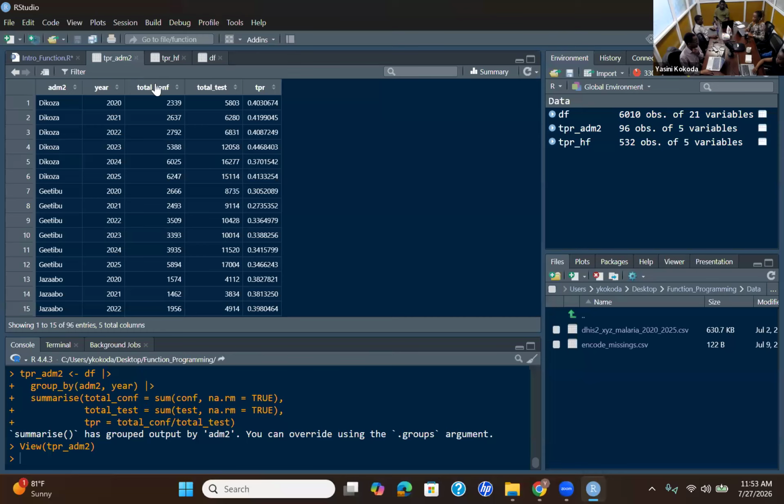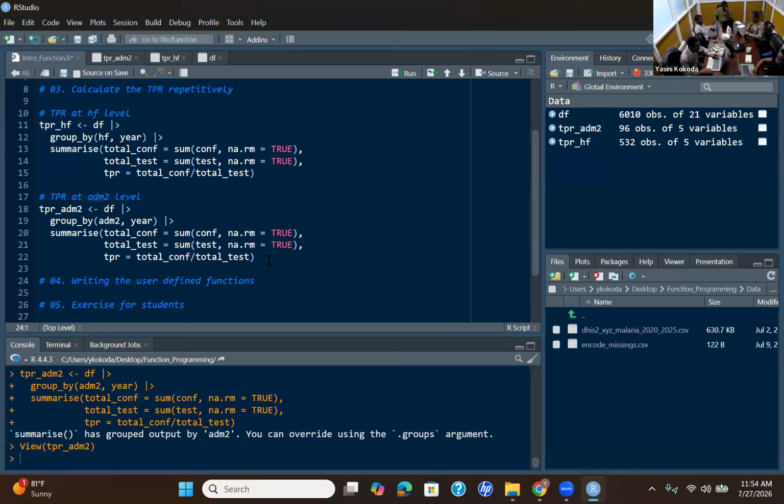Yeah, so for the second level, you just modify the grouping variable and then assign a different name. You can see the data frame, how it looks like for admin 2. You can see the same structure. Yearly, we have total confirmed cases, total tested, and we have TPR in that specific admin 2 or district. You can call it whatever you want, depending on the country you are working with.